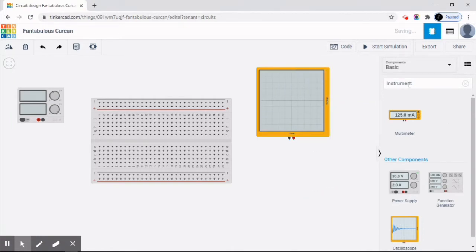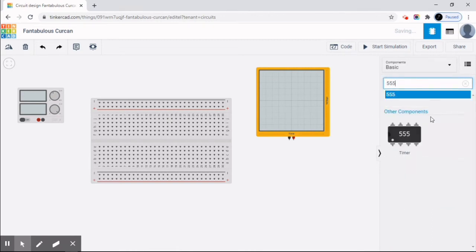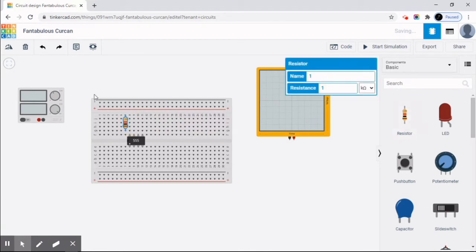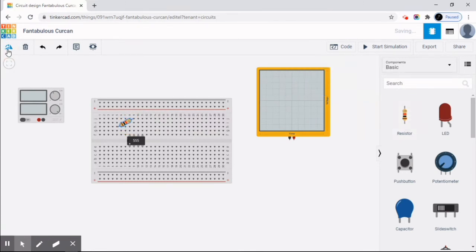Okay. Then search IC 555. Click, drag, fit it like this. Okay. Now search resistor. Select one resistor. Move, rotate, rotate, rotate. Fit it here. Okay. The value of this resistance is